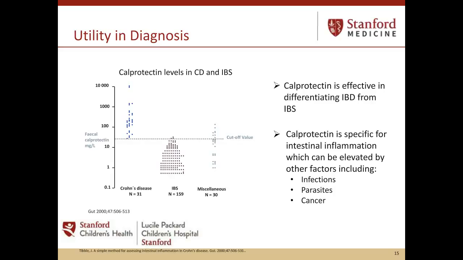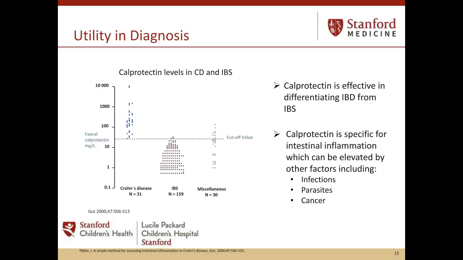So literature has been available for a long time, but it's just now becoming standard of care to think about calprotectin testing prior to the decision to go to endoscopy. Calprotectin was very effective in this study at a cutoff of 50 microgram per gram at differentiating inflammatory bowel disease. So all the levels that were high on the left column there suggested true inflammatory bowel disease or Crohn's